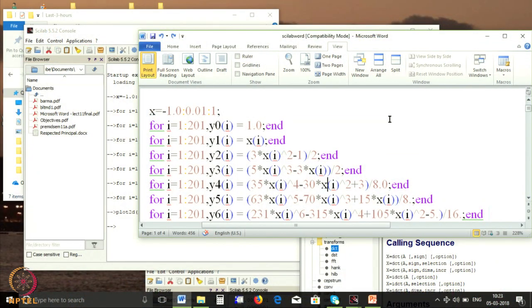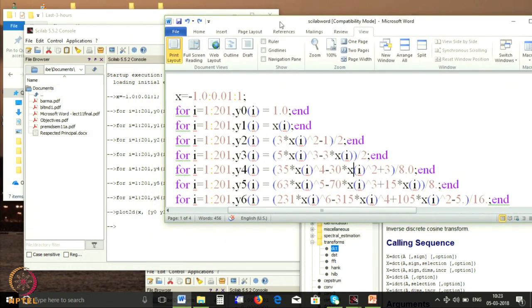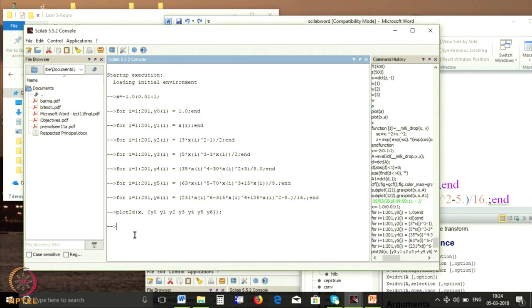Now look at your screen. There are many programs that I would like to execute. So rather than typing directly on the screen, I shall first enter all those commands in a Word file and then copy paste whatever programs I want from the Word file into the Scilab environment. So you will see this Word environment here, and in the background is the Scilab environment. I have already opened the Scilab program, and here is my Word program.